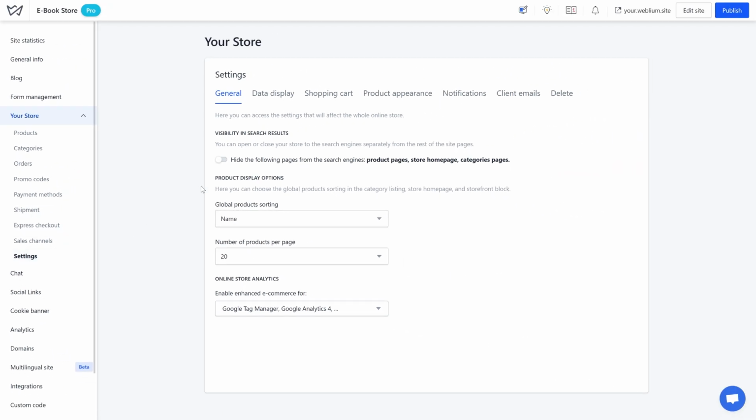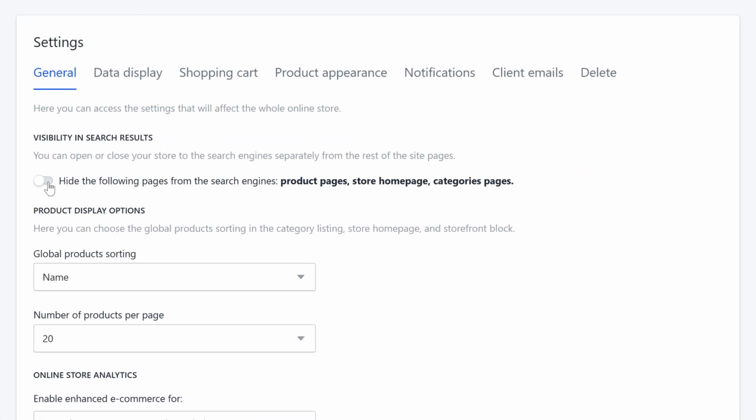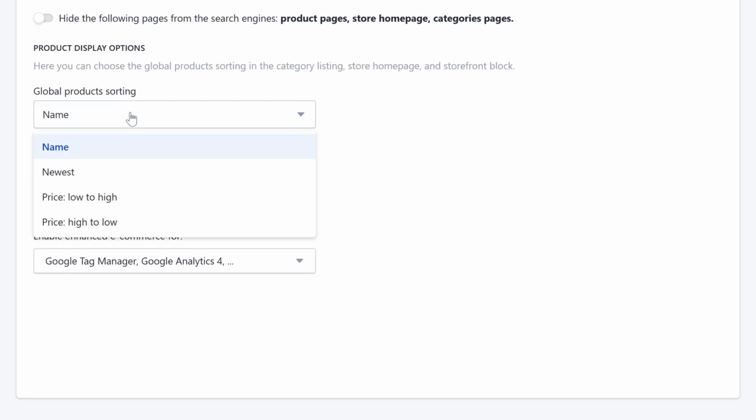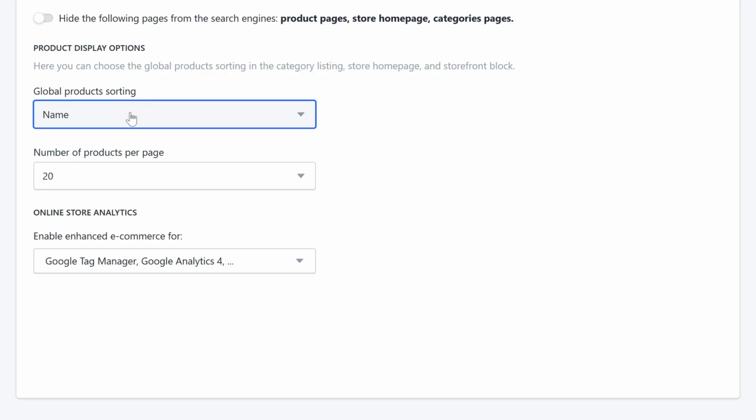In the General tab, you can adjust the visibility of store pages and search engines, that is, hide or open them for indexing. This setting will be applied to the product pages, categories, store homepage, but will not affect regular website pages. You can configure products pagination and set the global sorting of products on the category pages, store homepage,